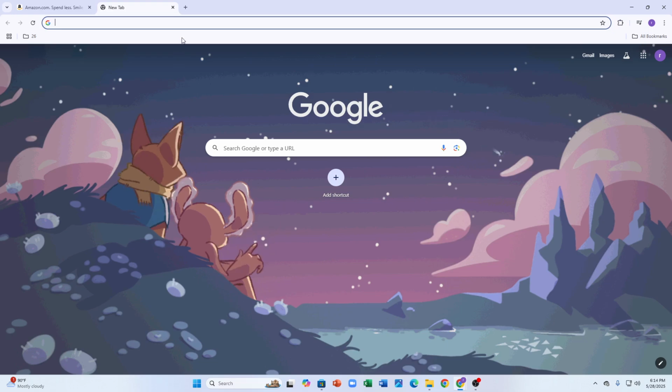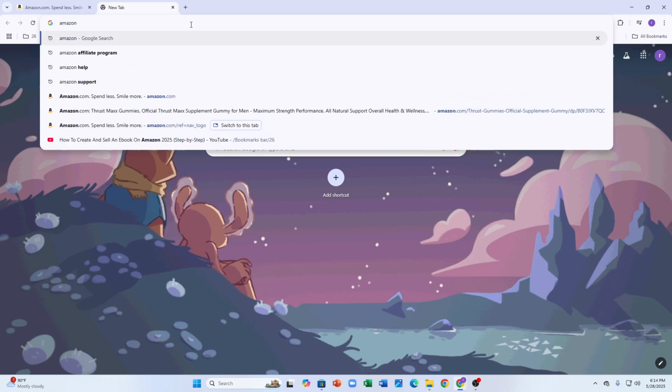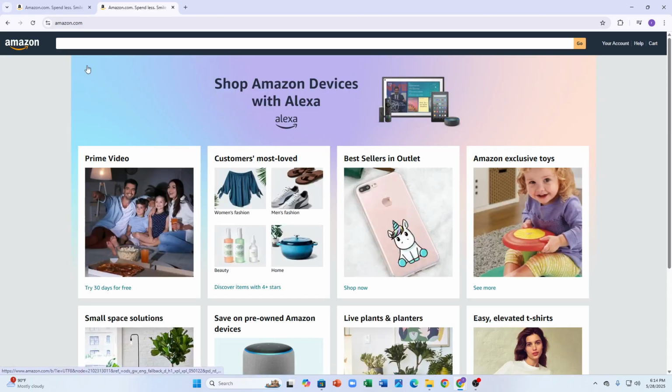or other device, you can open your web browser app and just search for Amazon and click enter, and after that you can see multiple web links here. You have to click on the amazon.com spend less, and you can just